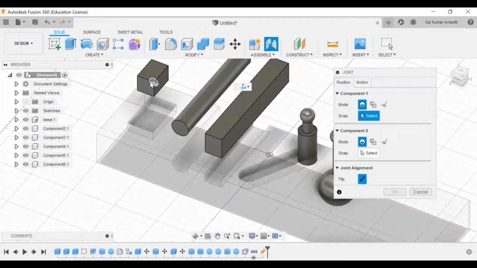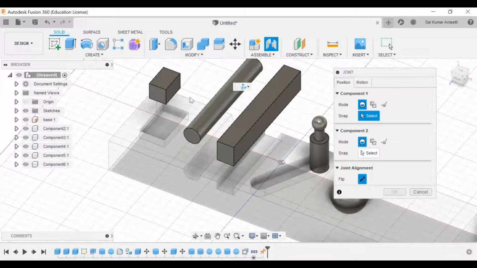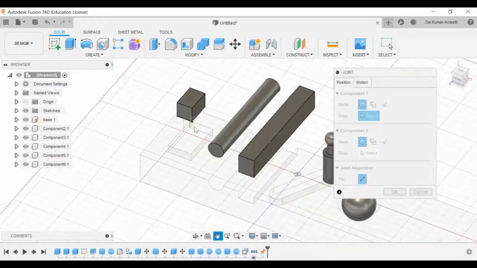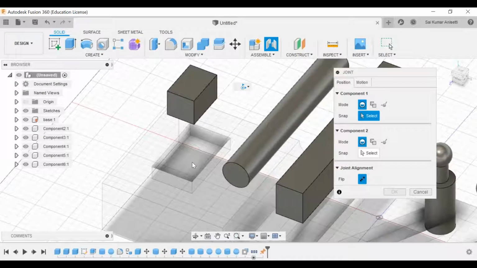Okay, this is your first component always in your Fusion 360. This rule is present only in Fusion 360. The first component is going to assemble into the second component. Okay, that is what it actually meant to say. Now I'm going to assemble the first component. Now I'll select this one. My intention is to select the bottom face, and I need to assemble that onto this particular face,